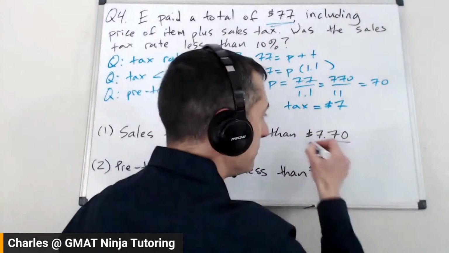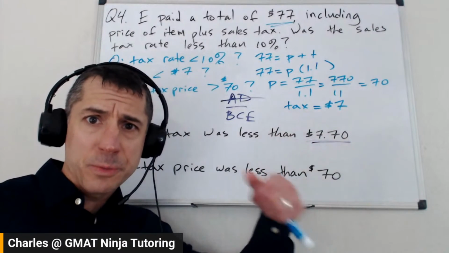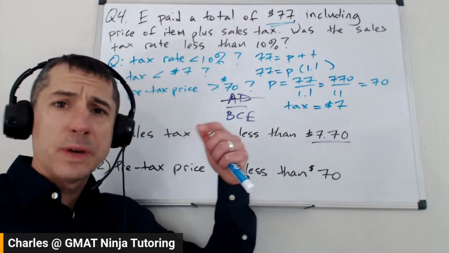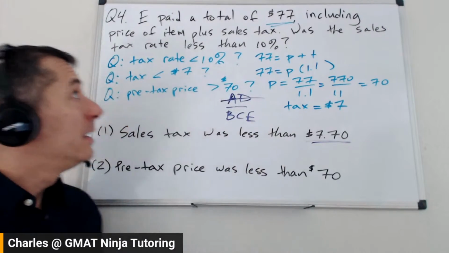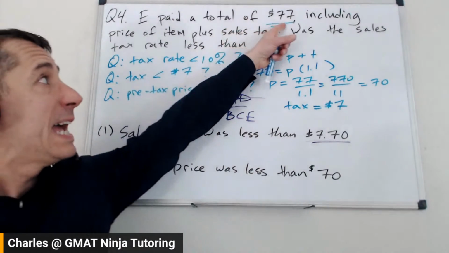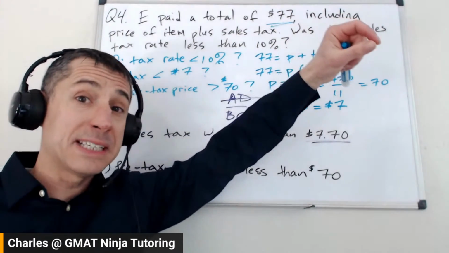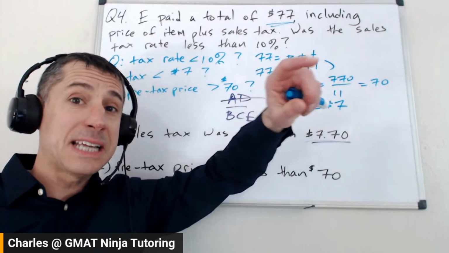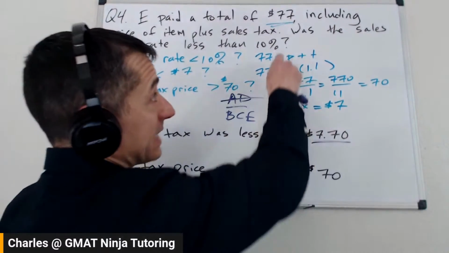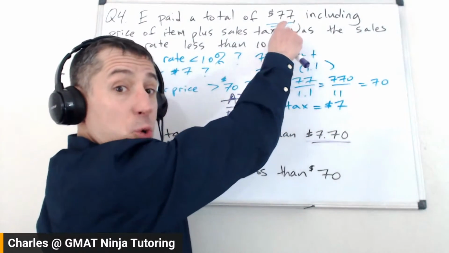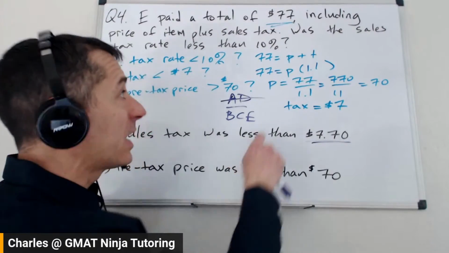Now notice here, the reason I picked on this, we had a question in the live group. If you registered for the session, we had a question in that quiz that was a very similar thing, but in problem solving form. A lot of people look at this and go, well, hey, if it's a 10% sales tax and the total paid is $77, the sales tax must be $7.70. Not correct. It's not 10% of that total. It's 10% of the original price. Really watch your back on that.